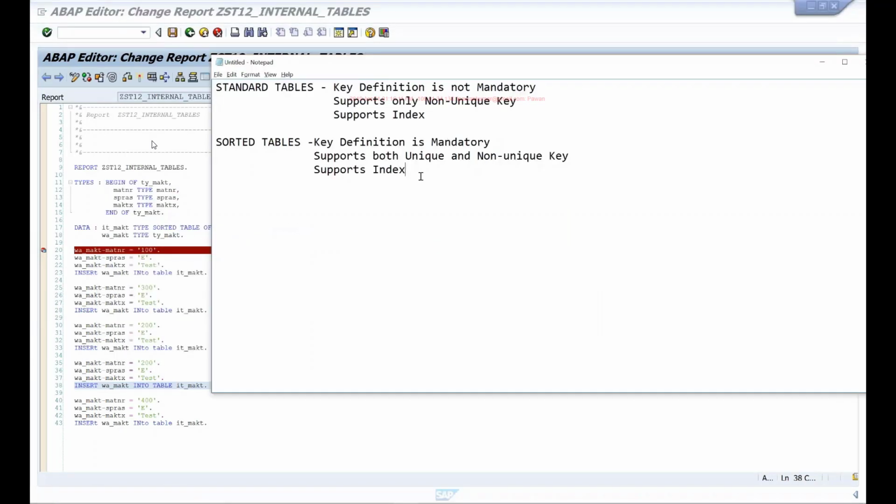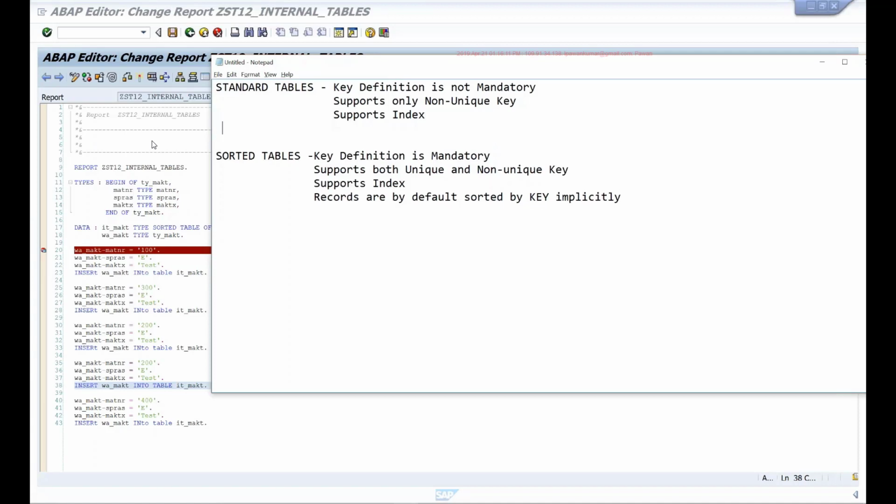So sorted tables support index, and records are by default sorted by key implicitly. Here I can say no implicit sort. So it doesn't sort.